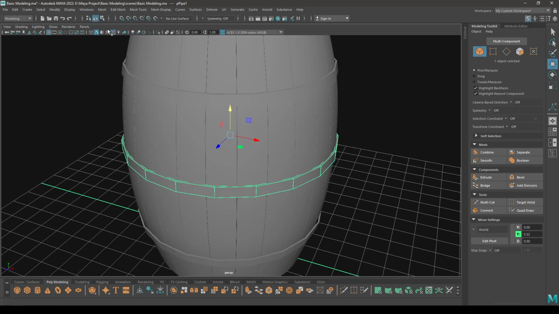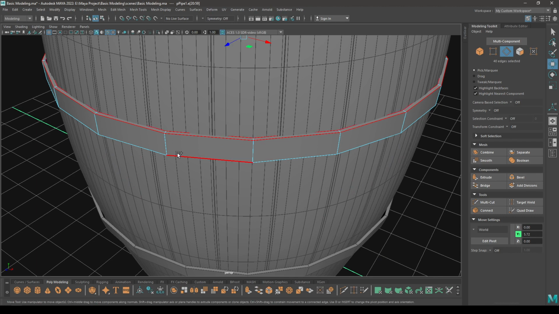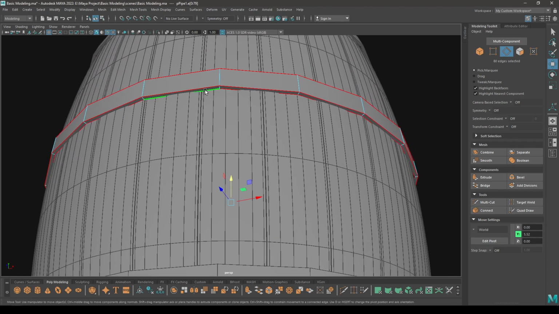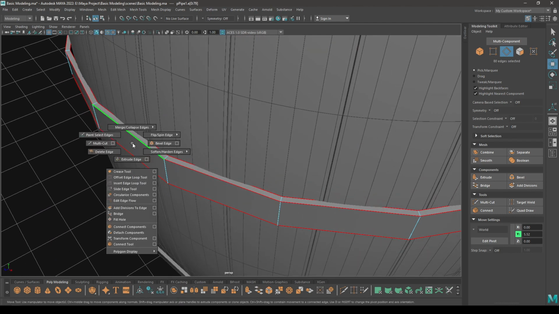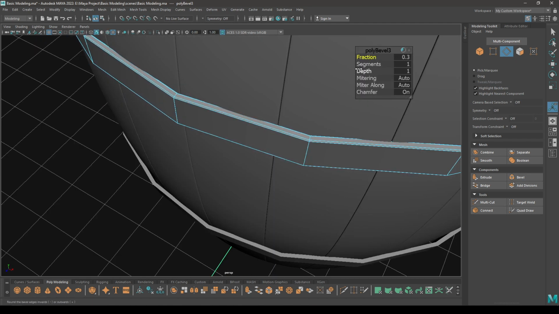Now let's select this and go to edge mode. Select all these edges. And now we can bevel. Keep the fraction to 0.3 and increase 1 segment, or maybe 0.35.